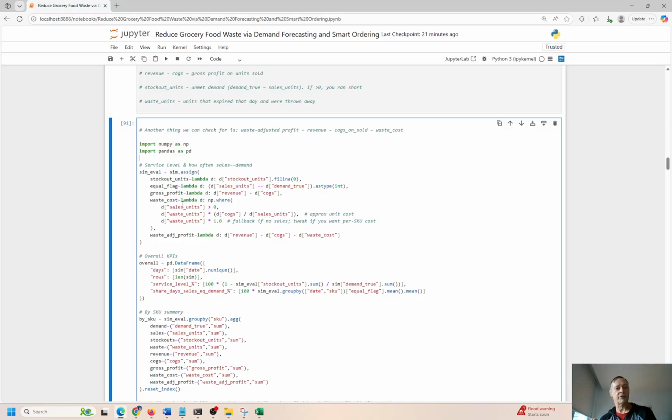So again, I told you there's a cost of doing business, right? That could be part of the COGS. But in this case, I'm actually subtracting out the waste cost to try to understand that component better. But COGS is basically the cost of goods sold, right? So COGS is what you're paying for the raw materials, and then you have a markup